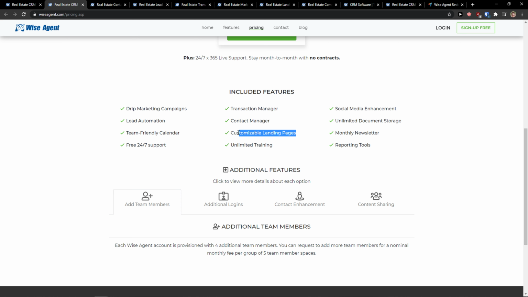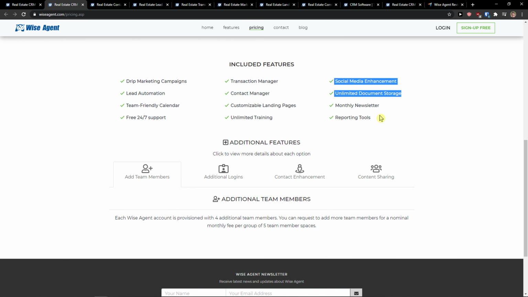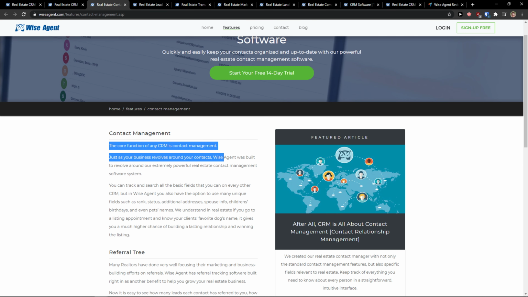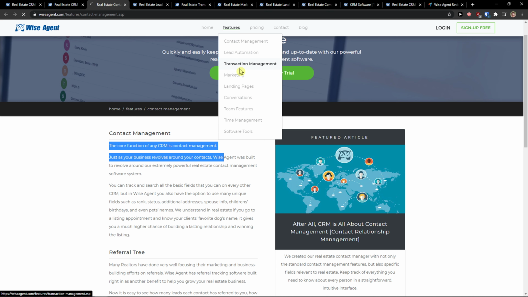This is another thing that I like, that I think every CRM for real estate should offer you: customizable landing pages. If you don't see it, I don't know if I would choose the CRM. Social media engagement, unlimited document storage, right? Monthly newsletter. This is another thing that you want to have, a newsletter, you don't want to use, I don't know, MailChimp, right? So when you would come here, the contact management, lead automation, transaction management,